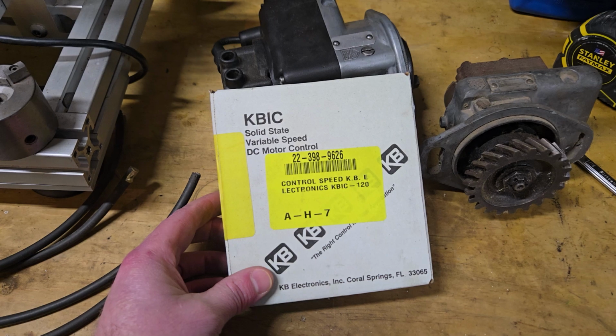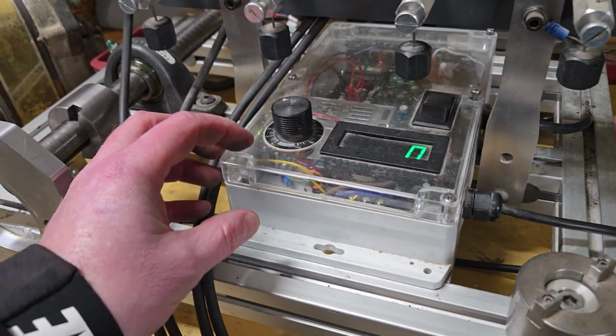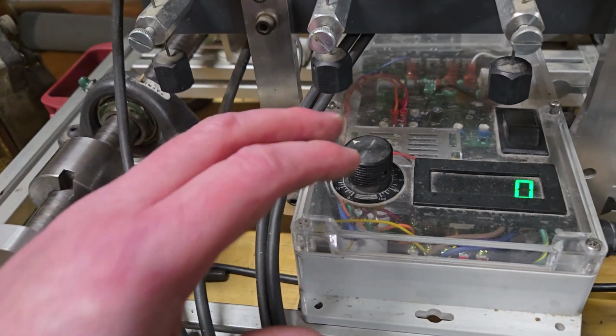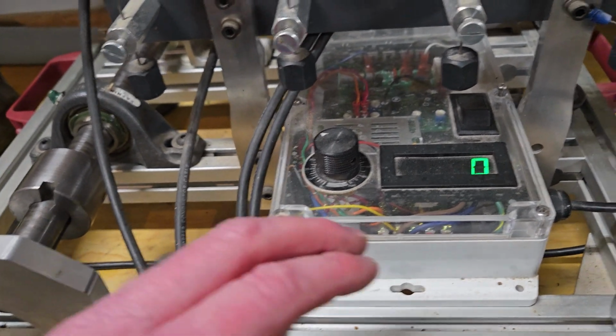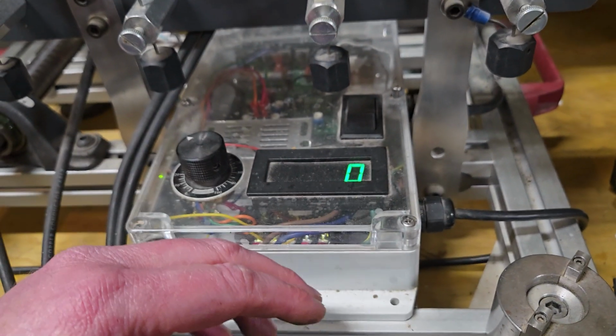I think this is probably 50 or 60 bucks. I can't remember for sure. And then I just mounted it inside of this little box that I purchased, and crammed everything inside of this. And right now, I should put in a double throw toggle switch so that I can run really easily